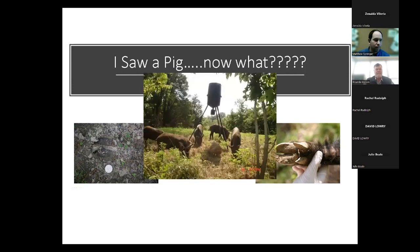But the way they usually pop up, people notice, is when you have trail cameras out for generally either wildlife viewing or hunting. They will readily come to deer feeders, and when that happens, we want to know about it. And that's where we're looking for folks to really report these. And when they're seeing these pigs,